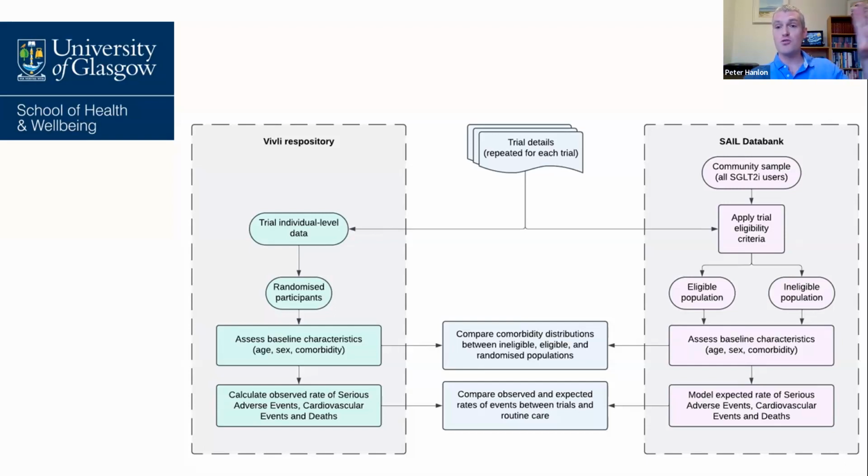So comorbidity in those who didn't meet the criteria and would have been excluded, and comorbidity in those who theoretically at least would have been eligible for the trial, and then looked at how that varies from the actual trial population and also how their event rates differ from those in the trials. So trying to look broadly at their health status.